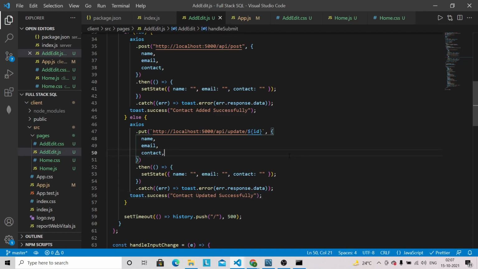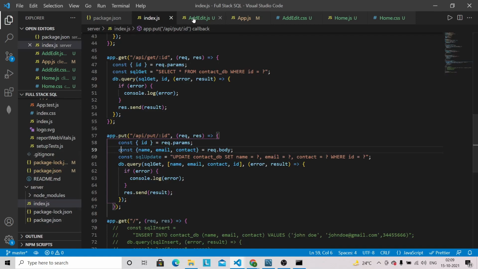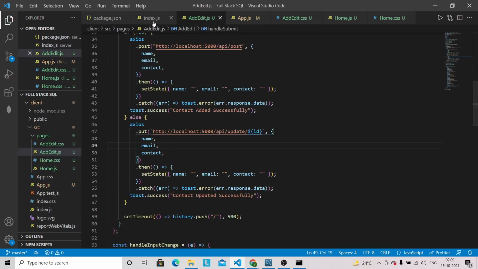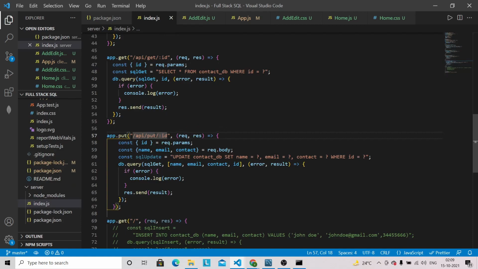Okay, and let's verify whether we have the same API or not in our backend. So here we have update and here we have put. So let's make it update here, and also we have to pass this SQL update here, not SQL get. Okay, so let's save this file and let's go into the browser.